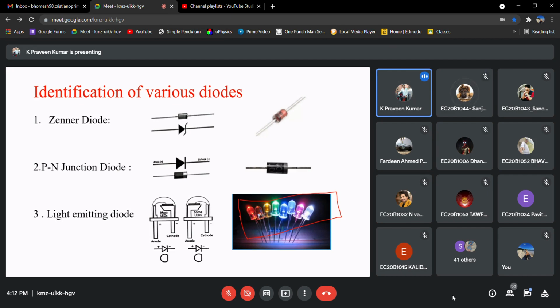Yes, sir. Okay, have you heard about this diode? I think now you are studying about the diodes and all, right? Yes or no? I think in one of the courses you might be studying about diodes. Okay, so can anyone brief what is a diode? In a simple manner, no need of the entire stuff. Just in a simple manner. What's a diode?